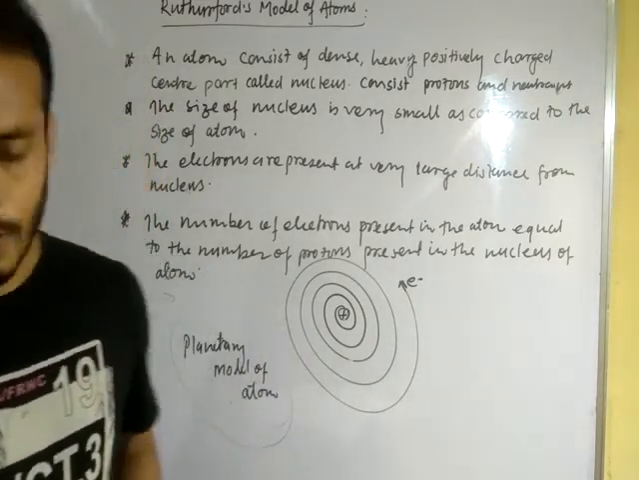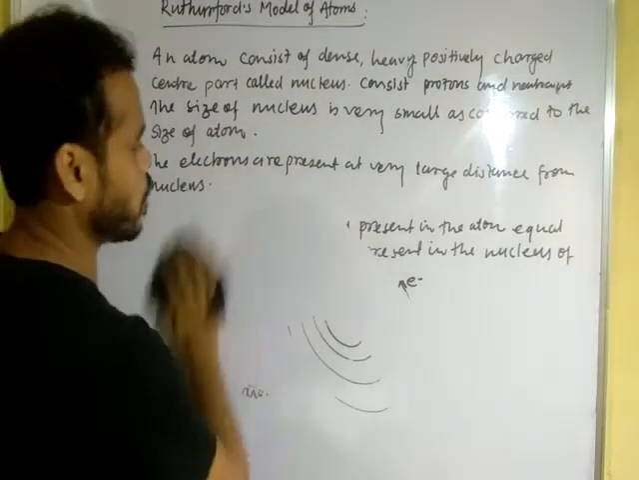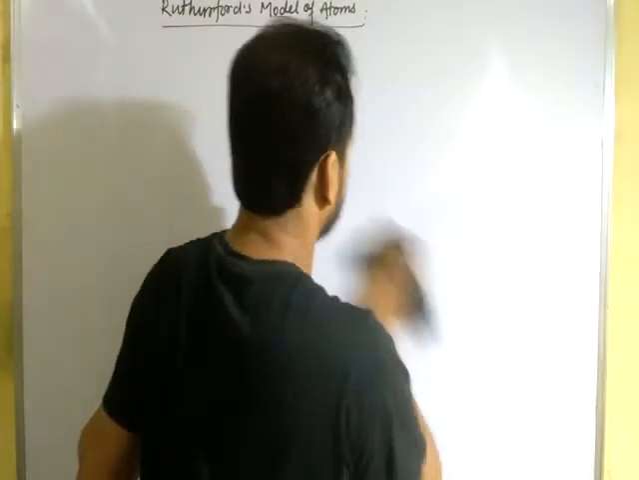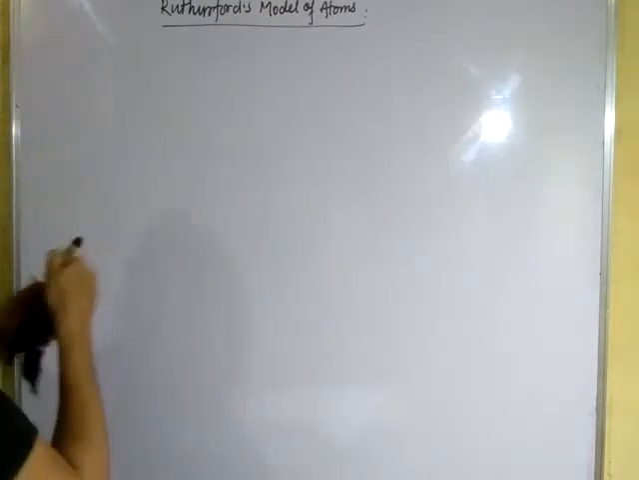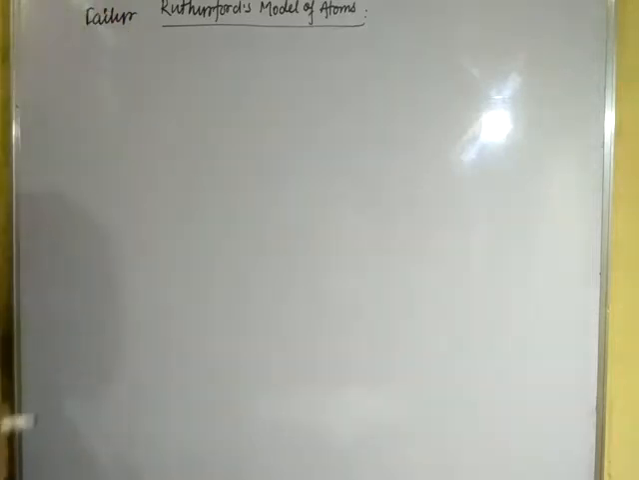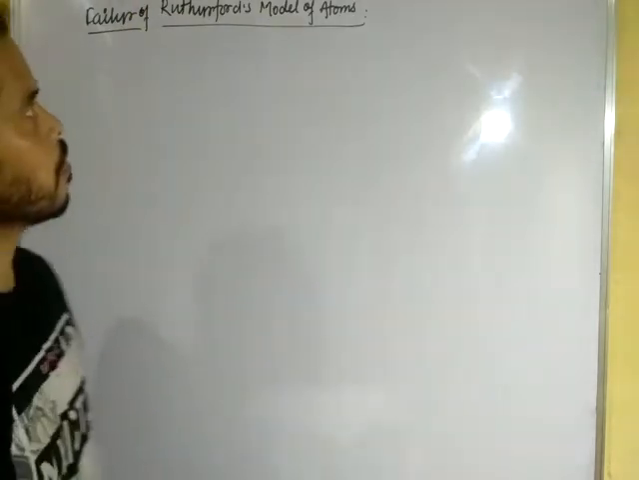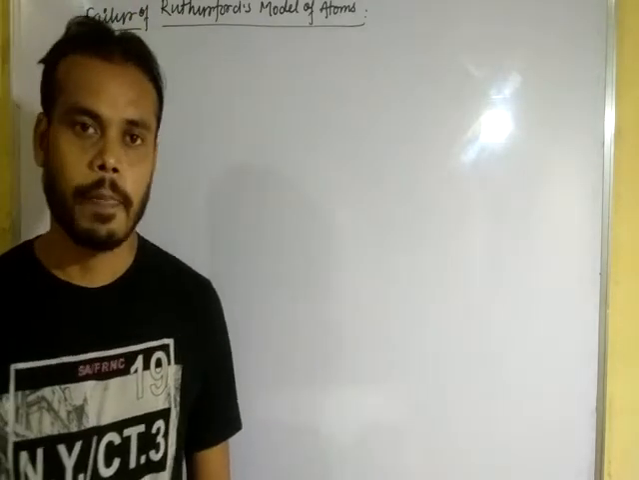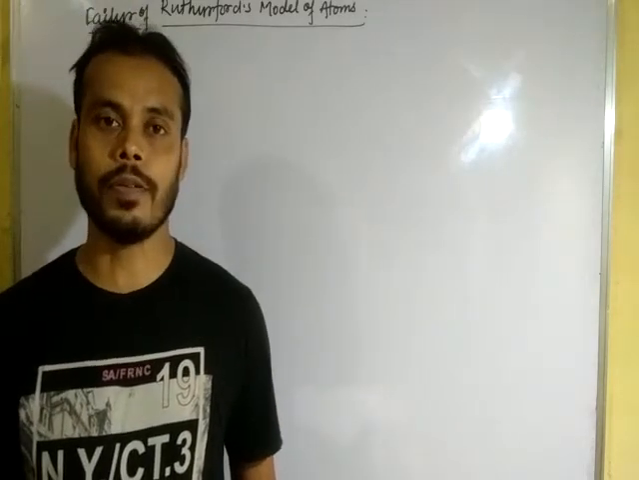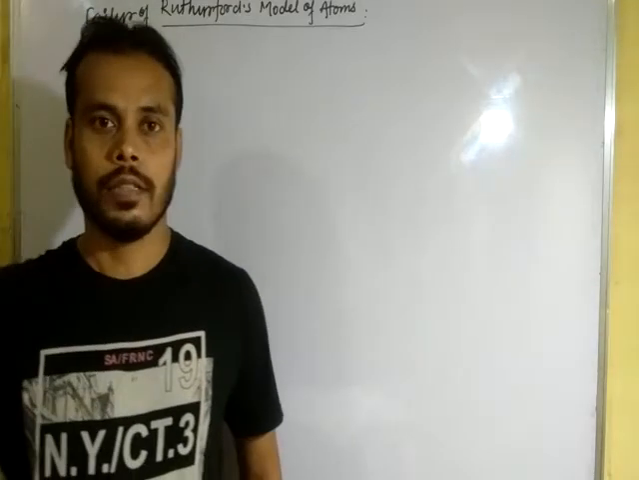Now we are going to discuss the failure of the Rutherford model of the atom. Why did the Rutherford model fail? The Rutherford model of the atom could not explain the stability of the atom, because when an electron revolves around the